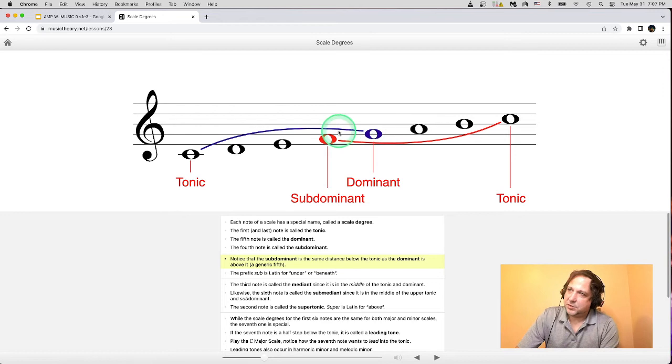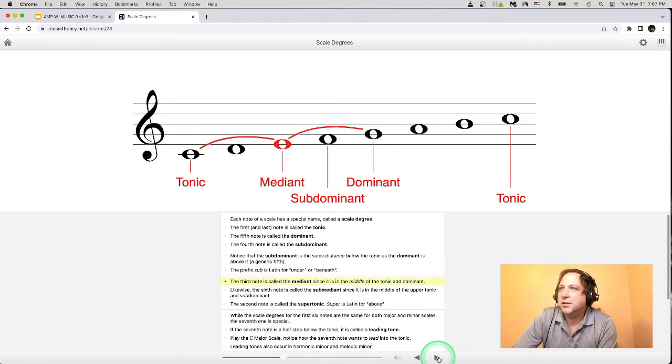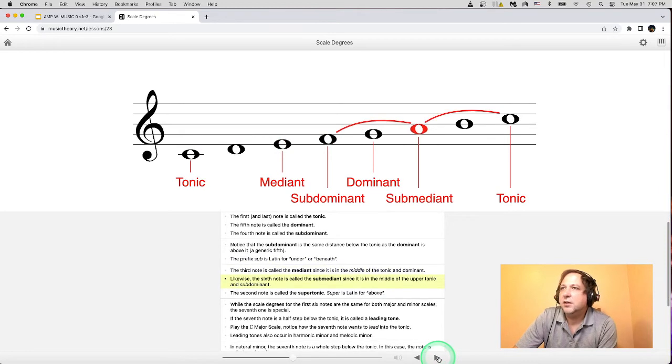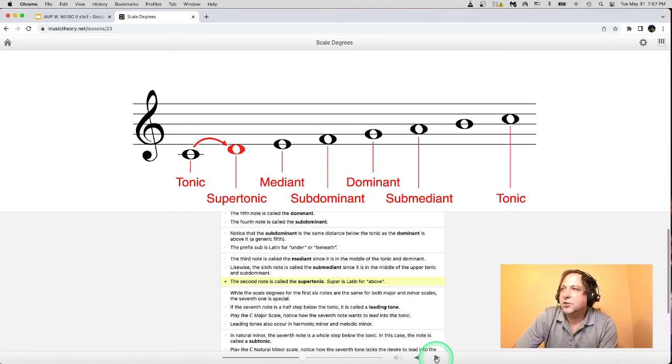And you'll notice that between the tonic and the dominant, and the subdominant and the tonic, there are 4 notes in between. This is called a generic fifth. Subdominant just means it's below. Mediant is the note that's in between, and submediant is the note in between the subdominant and the tonic. Supertonic,